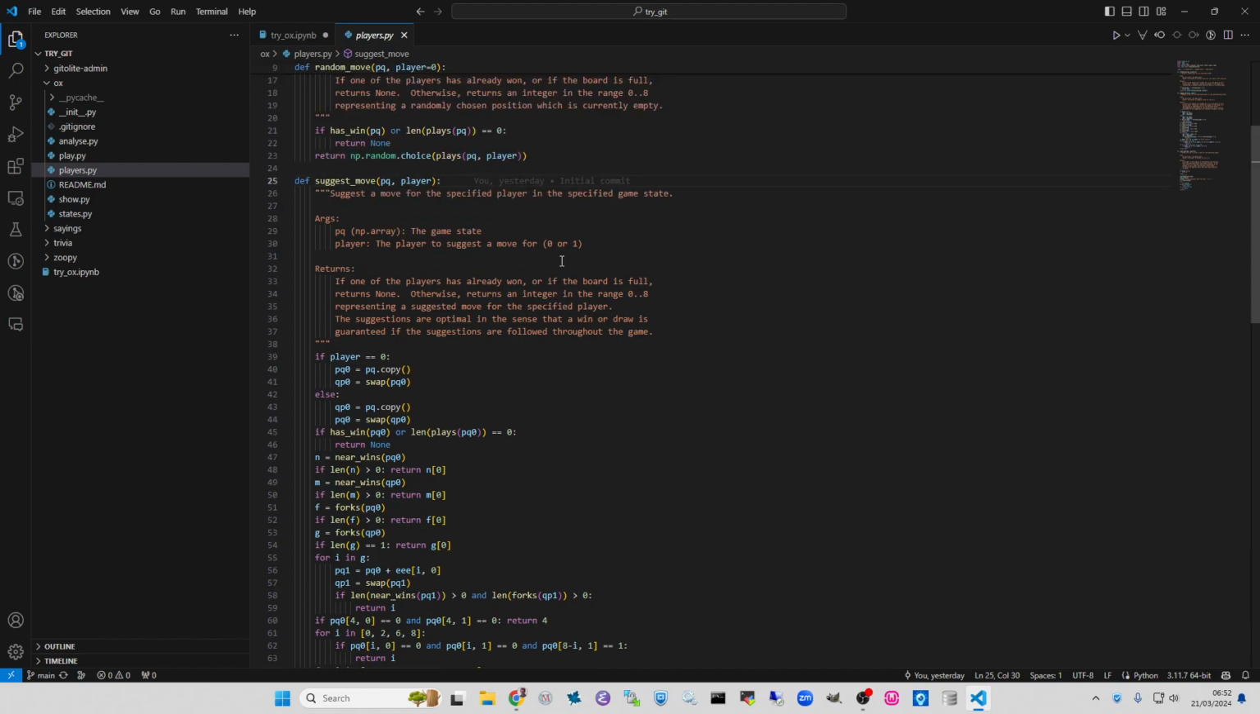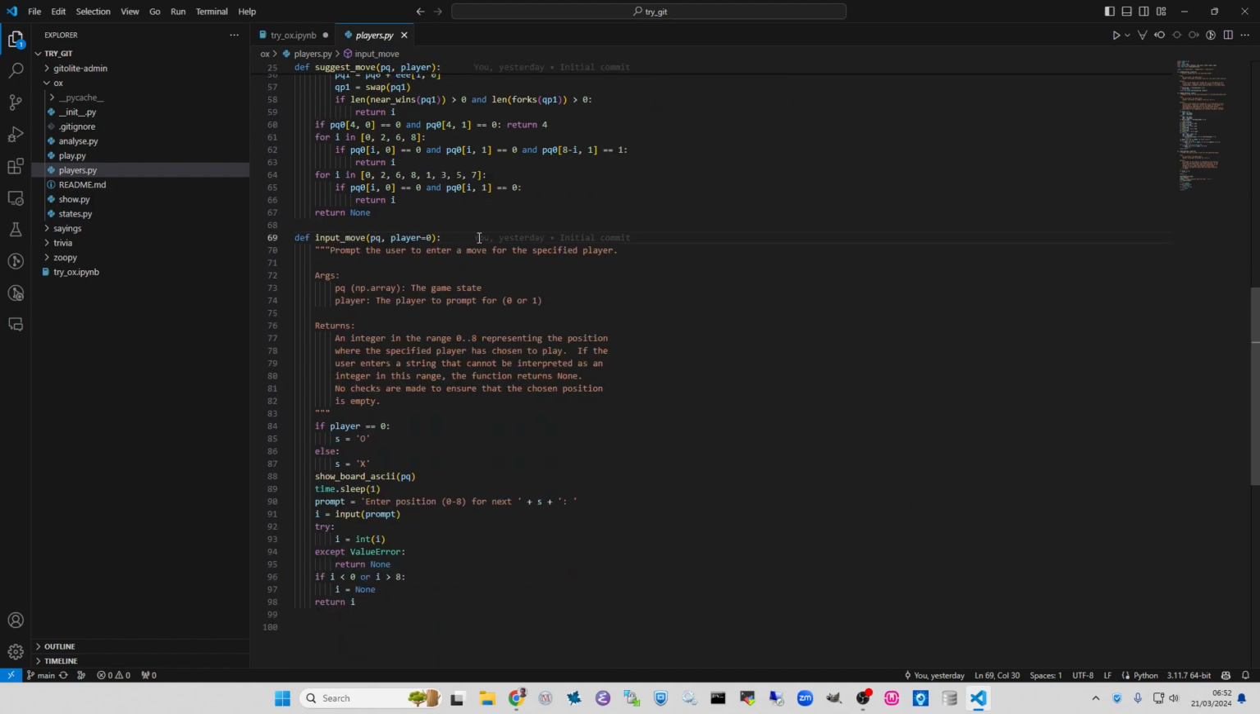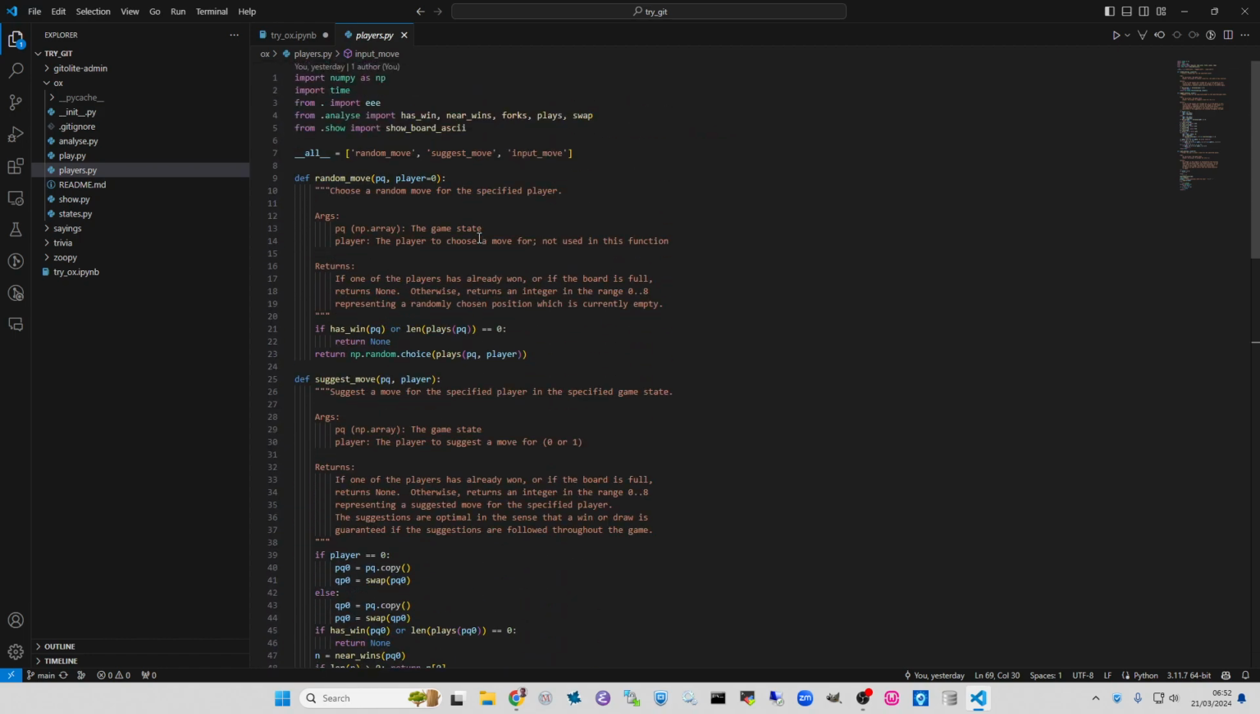This suggest move function is basically guaranteed to win or draw, and then there's the input move function, which just asks the user to enter a choice of move. So these three similar functions, we've decided to put them all together in a single file. We could have combined everything into a single file, but it's natural to put similar groups of